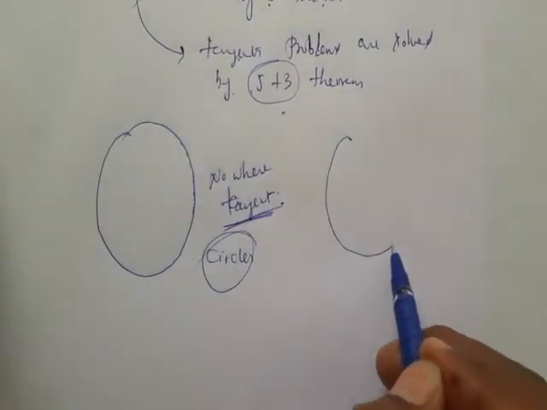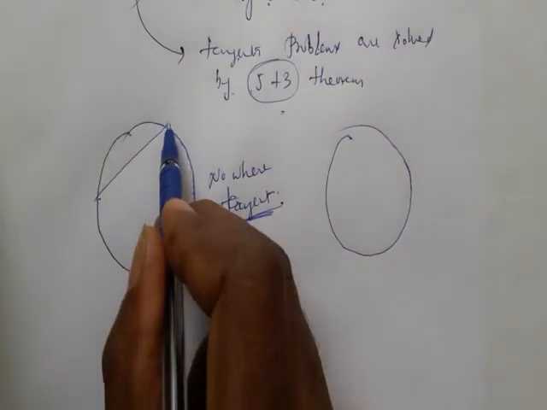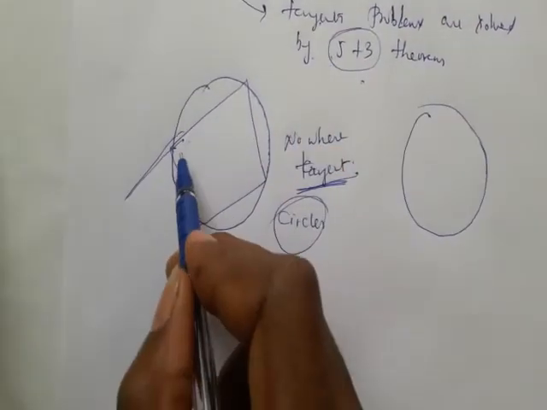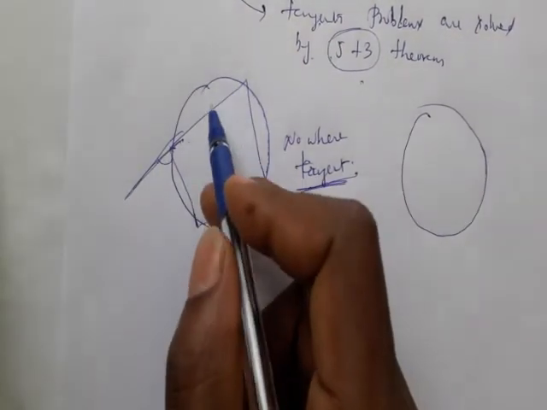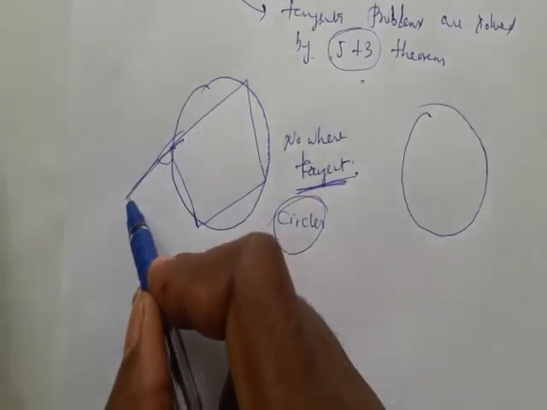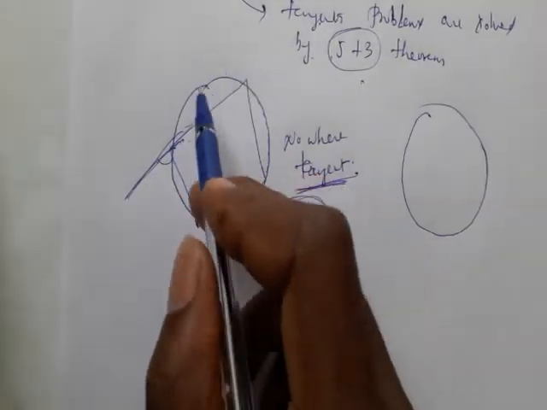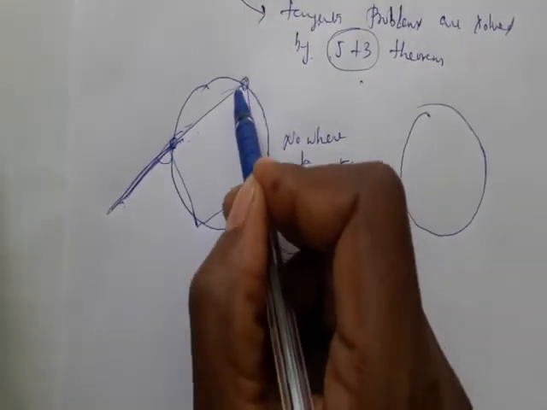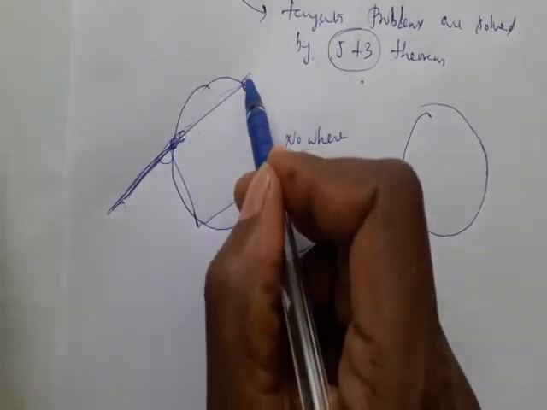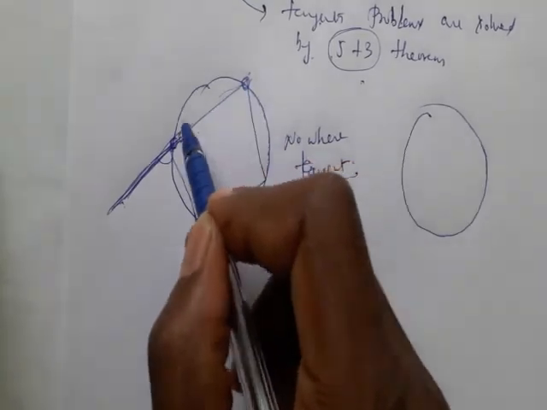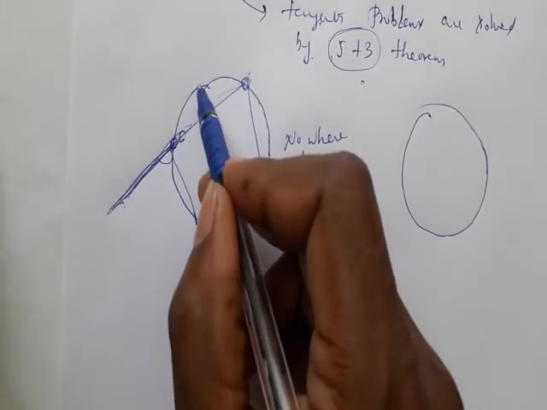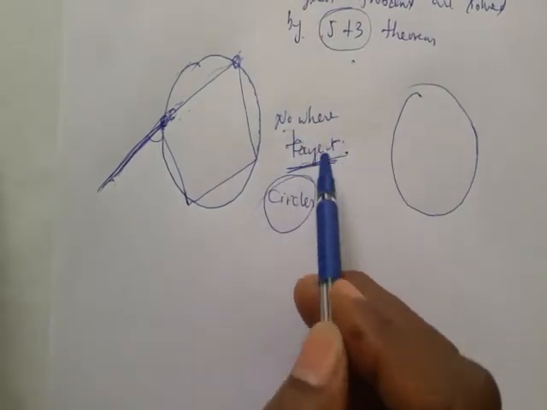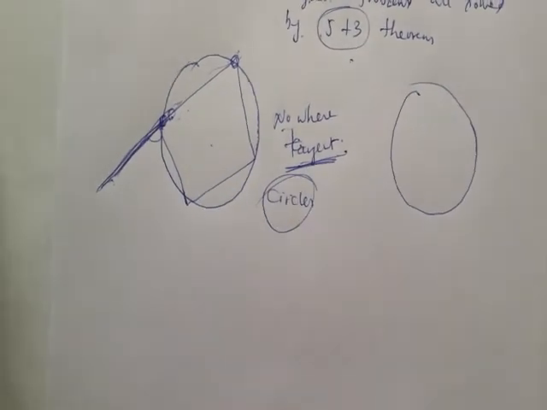In the given problem, inside a cyclic quadrilateral and an external point comes, this is not a tangent. Few students confuse that this is a tangent. A tangent will not meet the circle at 2 points. If you consider this as a tangent, look, it is meeting at 2 points. So this line meeting the circle at 2 points is never a tangent. A tangent just touches, that means it touches the circle and goes away. So if nowhere you see a tangent in the given diagram, it is purely a circle problem.